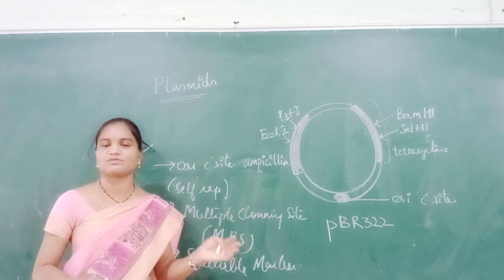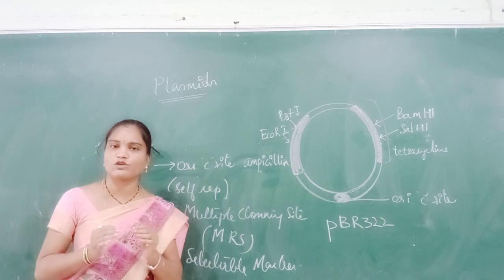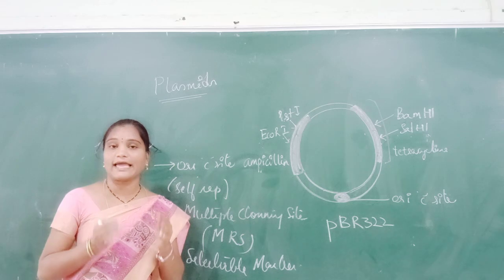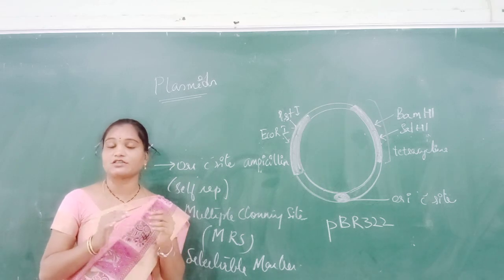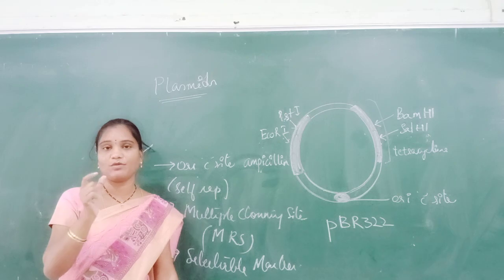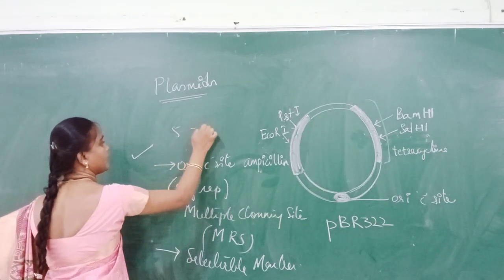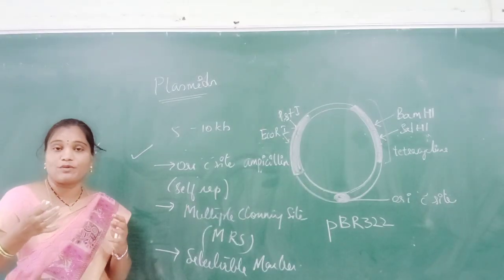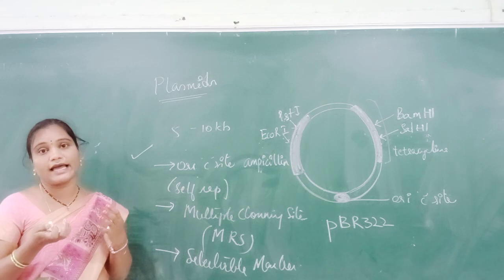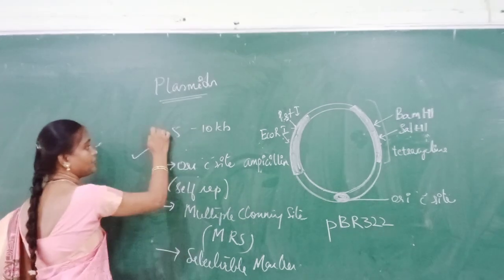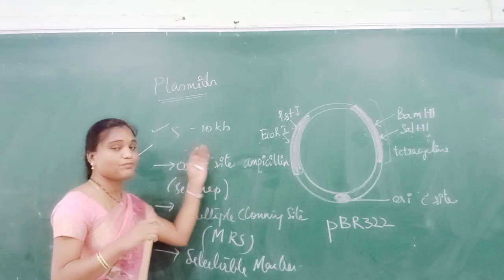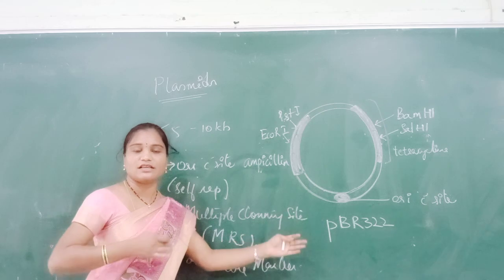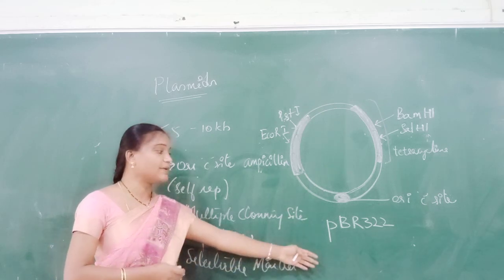Plasmids are short sequence DNA molecules which have the capability to carry a gene of interest of a very small size DNA molecule. They will carry around 5 to 10 kb. So these plasmids have the strength to carry a gene of interest of around 5 to 10 kilobase. Using plasmids from bacteria as a vector, several scientists have prepared pBR322.